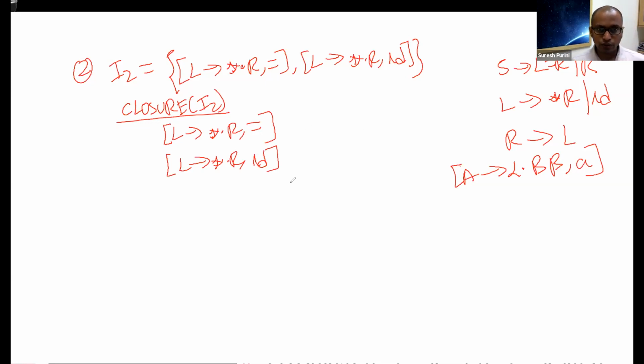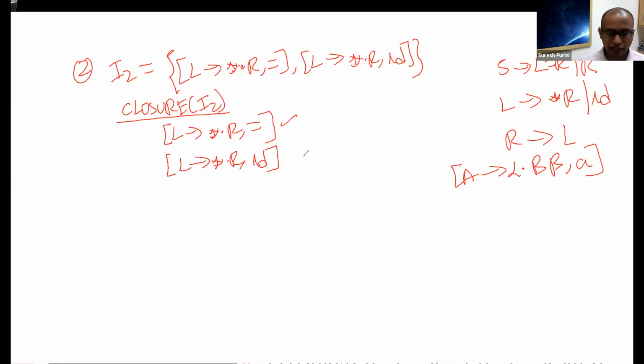If you look at these two LR1 items, they are the same on the first coordinate, and they differ on the second coordinate. Here, the second coordinate is the terminal symbol equal to, and here the second coordinate is the terminal symbol ID. But what is interesting here is this dot. Let's consider this LR1 item.